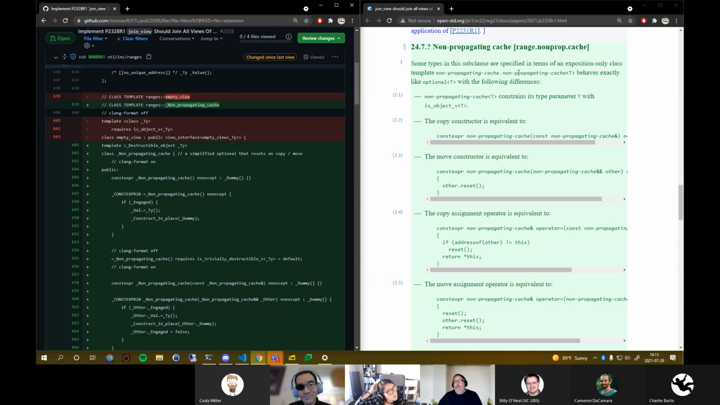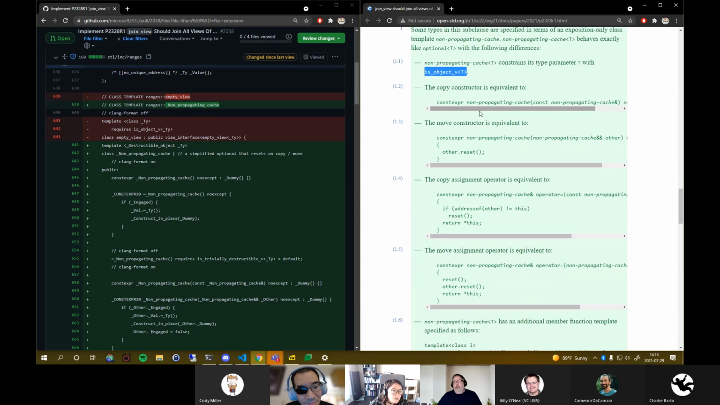This says some types in this subclass are specified in terms of an exposition-only class template, non-propagating cache. Non-propagating cache of T behaves exactly like optional T with the following differences. It constrains its type parameter with is object v. The copy constructor doesn't do anything, right? Is equivalent to, here's a declaration of a constructor for a copy constructor with an empty body, right? The copy constructor does nothing. The move constructor has the effect of resetting the source of the move and doing nothing to the destination state,